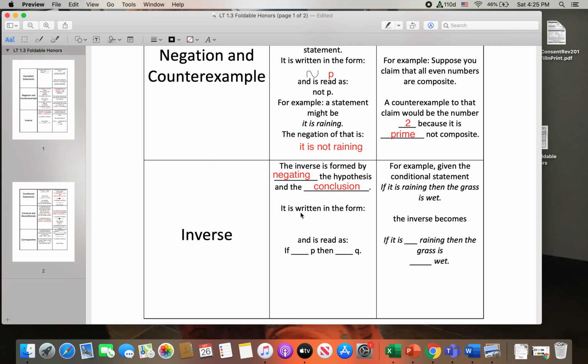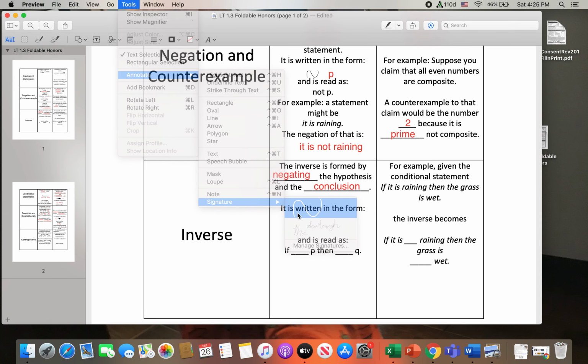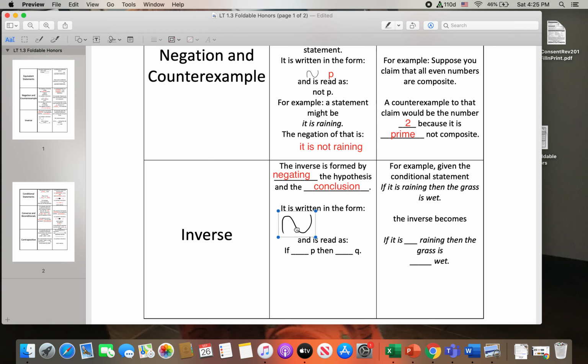So it is written, since we have negating, we have to use that symbol of not over and over again. Not, shrink it down,